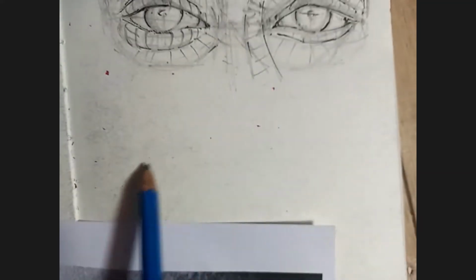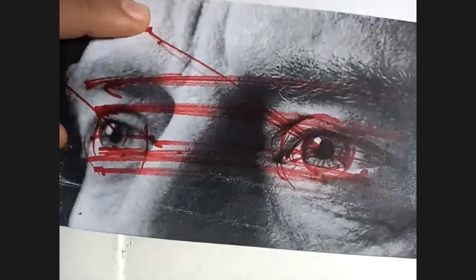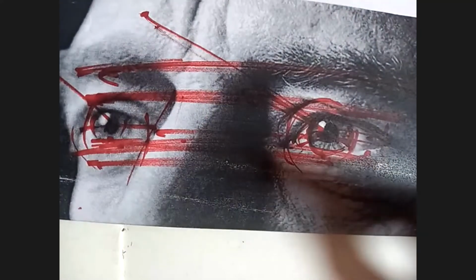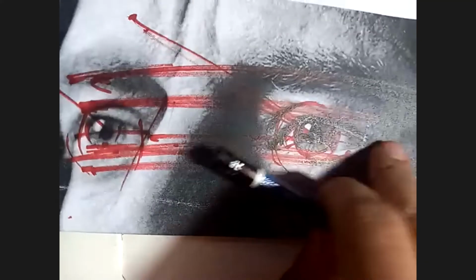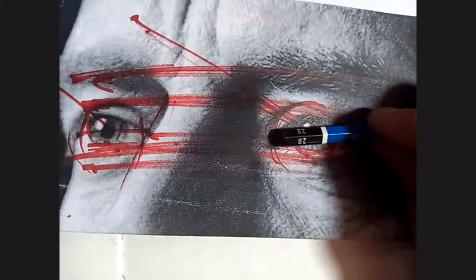How will you do the gap between the two eyes in this one, Niranjan? The gap, is it? Okay. So this is where it gets a little tricky. We had learned that the distance between these eyes will be this way. We measured it, and that's how we got it correct. Whereas for this one, we cannot exactly take it. Let's try measuring and see what we get out of this.